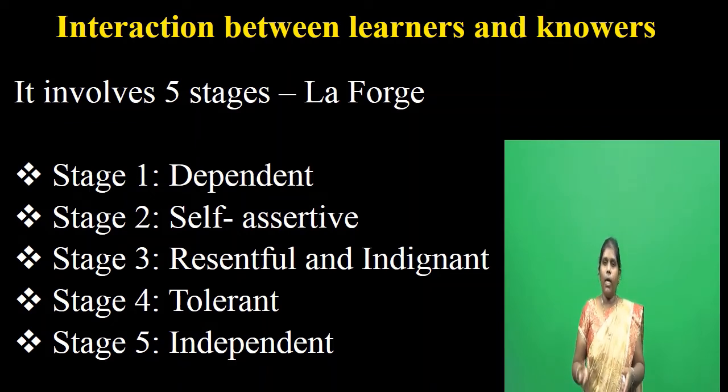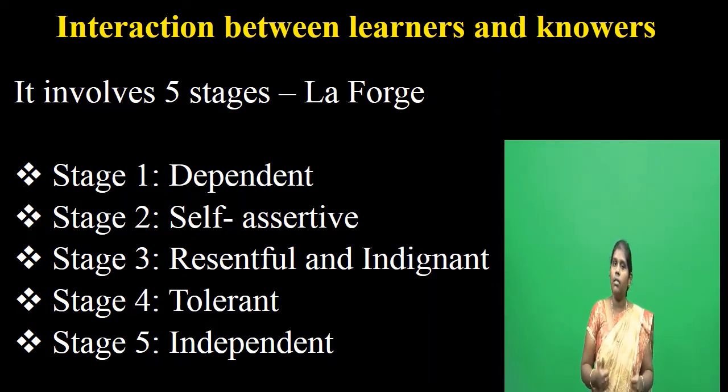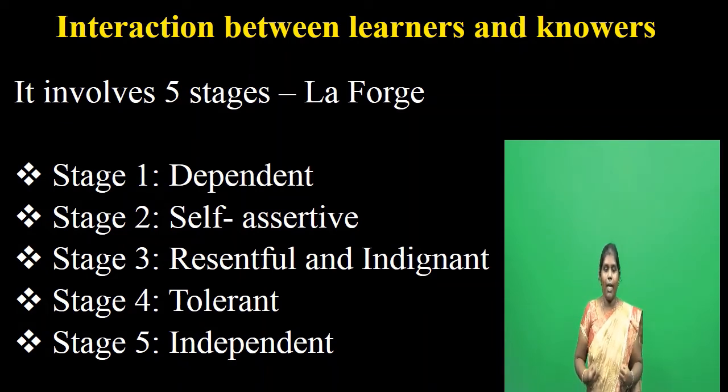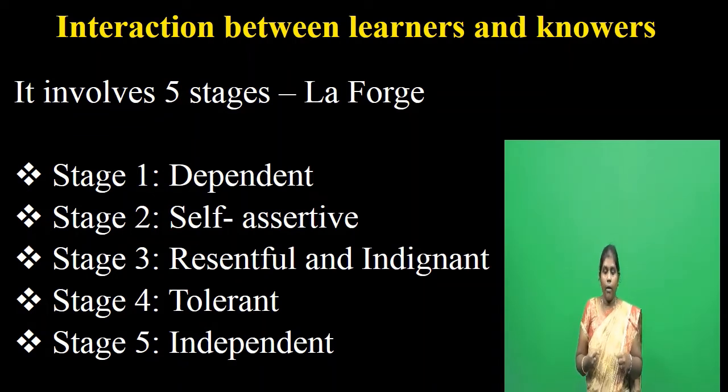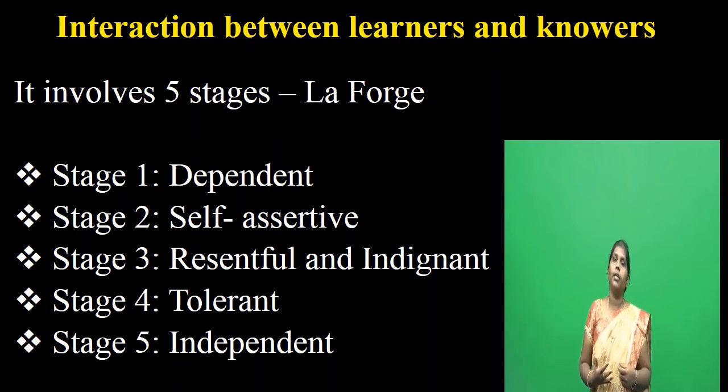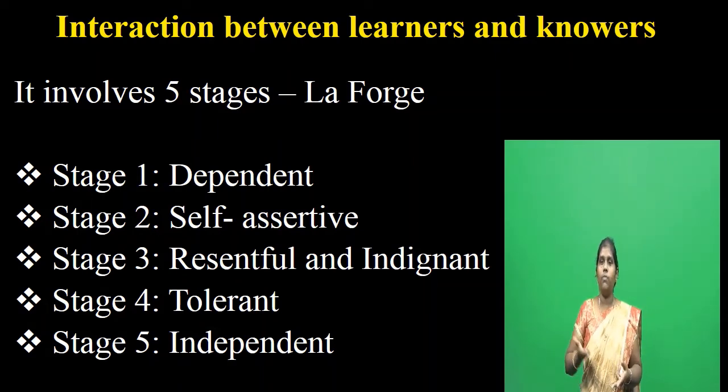And little by little, in stage 2, the learner will assert themselves. When we say assert, it is firmly telling one thing. So self-assertion would be taking place. That is, they will try to talk on their own. The third stage is very important, where the learner would be somewhat resentful and indignant, where they will be aggressive, or a kind of anger would be created in the classroom, because as we grow, sometimes when a person is correcting a mistake, we won't accept it. So sometimes we may feel the fear of anger. So sometimes the learners will be resentful or indignant in the classroom.